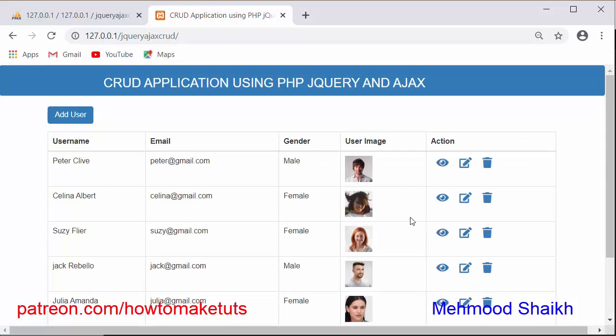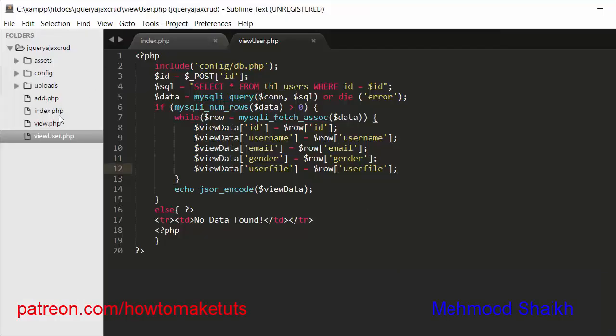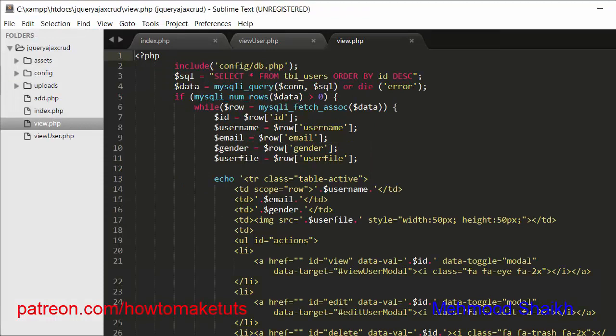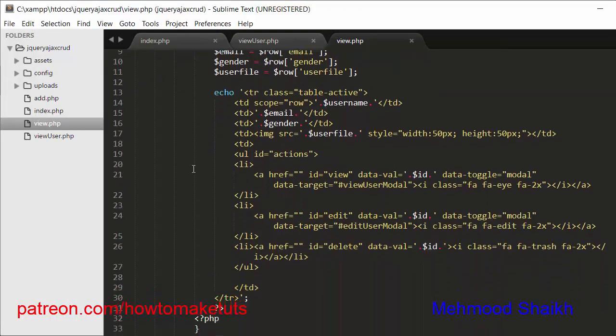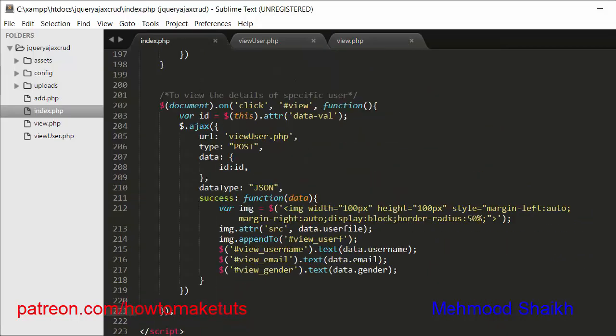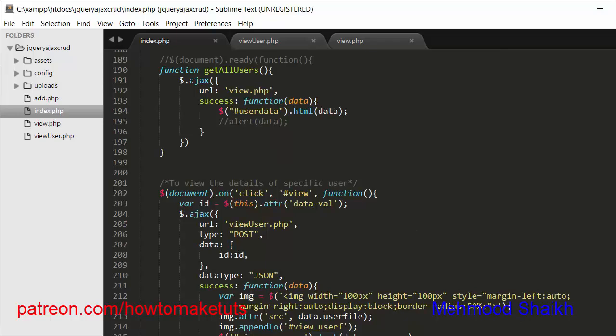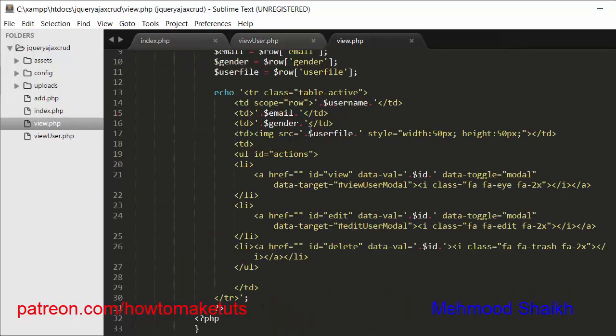In my last video I discussed my view.php file, as you can see here, this data I was passing from this view.php to the index.php file. In this data I was passing the ID.